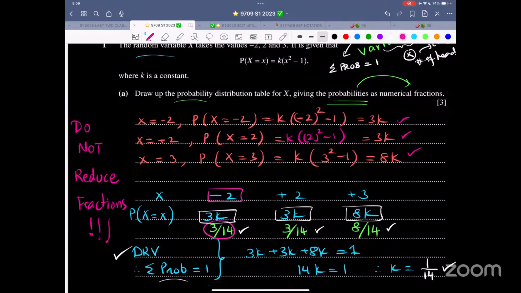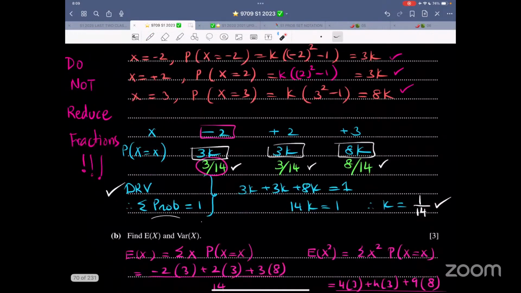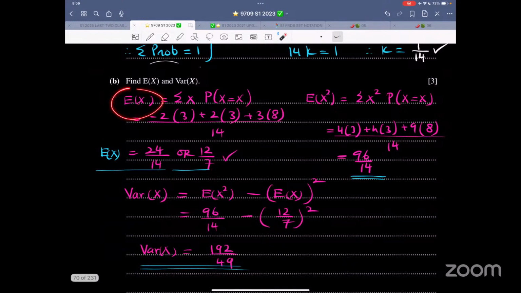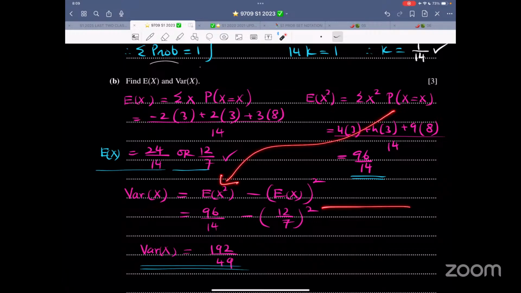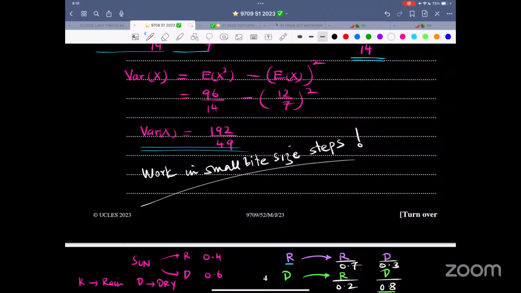Fractions are exact. So now over here, find expectation and variance. That is basic stuff. You know how to do the evaluation. Some people first calculate expectation, write expectation variance of x, and do this calculation in one single line. Again, a word of caution. Work in small bite-size steps. Show all your working. What are you saving the paper for? Don't be so eco-friendly so that your grade is disturbed. Work in small bite-sized steps.